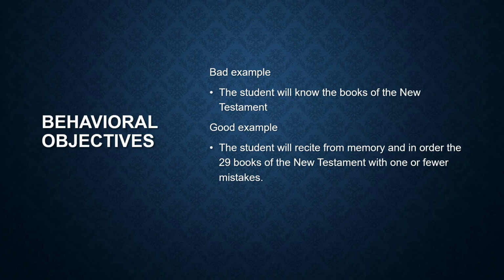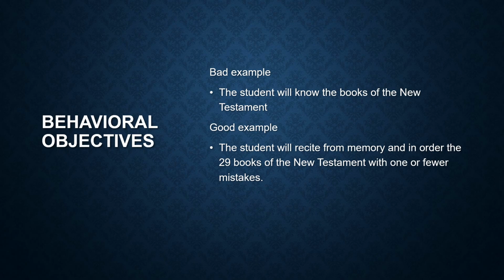Let's look at another bad example. The student will know the books of the New Testament. First is the performance. How do we define what is an acceptable level of know? Again, there are no conditions or criteria. A good example is this. The student will recite from memory and in order the 29 books of the New Testament with one or fewer